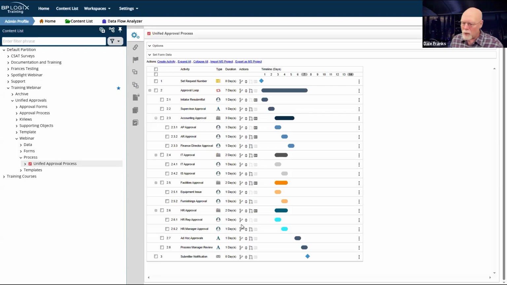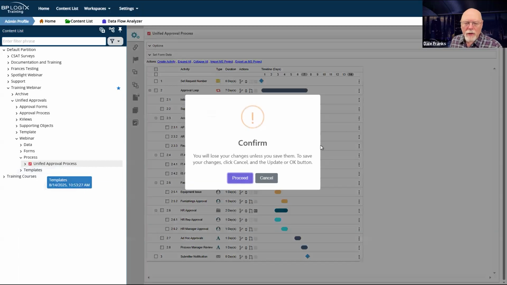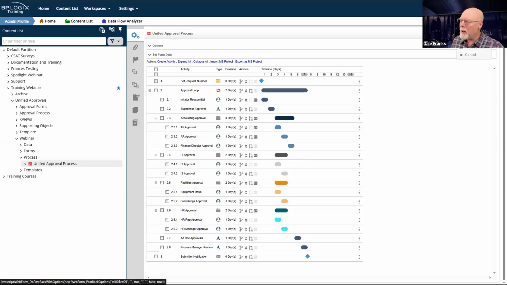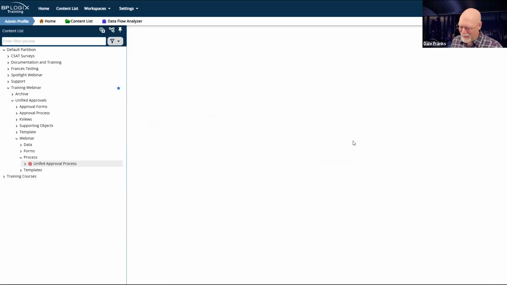But in any event, I've created the process timeline. So I have sub activities. All of the activities have task instructions and task names and what have you. So we're good to go with our process timeline. The other thing I needed to do, because I better save this so I don't lose anything.